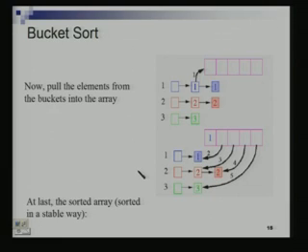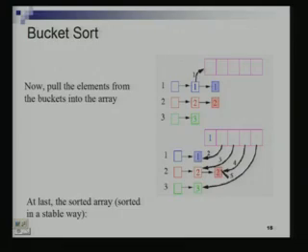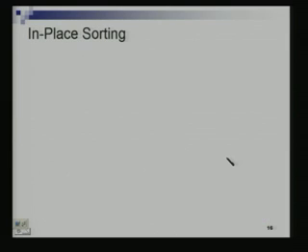So, this gives us a stable sorting. You understand why it is stable? Because if 2 keys are the same, then they would be in the same bucket, but we would also have put them in the right order. That is why we are appending. If we were attaching at the front, then we would have to read it the other way around, which is the same as that. Okay, great.